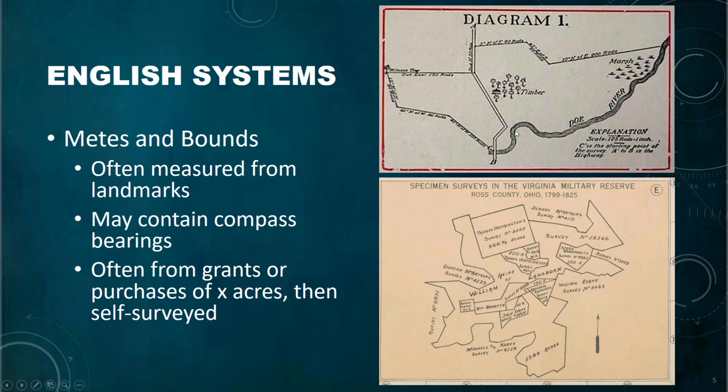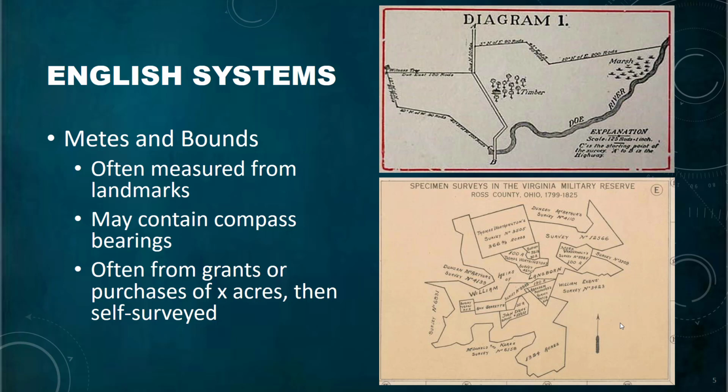So what happens when you let people go out and survey their own properties, they go out and pick something that's really juicy for them, and you wind up with something that looks like this. This is part of Ross County, Ohio, which is in the southwestern part of the state. And it's in a piece called the Virginia Military Reserve, which was property that was set aside by the U.S. government, the brand new U.S. government,